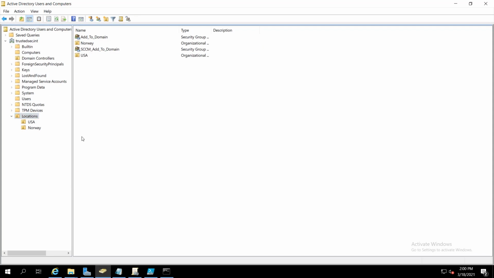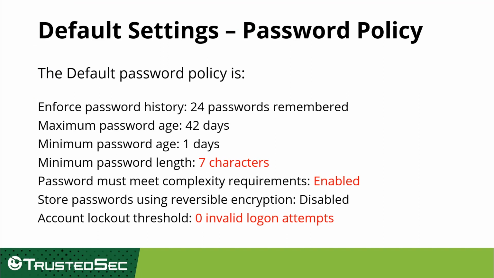And that's it. So if SCCM accounts are now added to this group, they're allowed to add computers to this location, and it doesn't matter how many numbers the quota is set to, because it doesn't count towards that as long as you have delegated permissions to do so. The next default setting we're going to talk about is the password policy that comes with a default